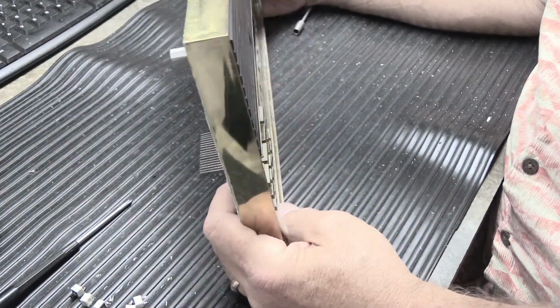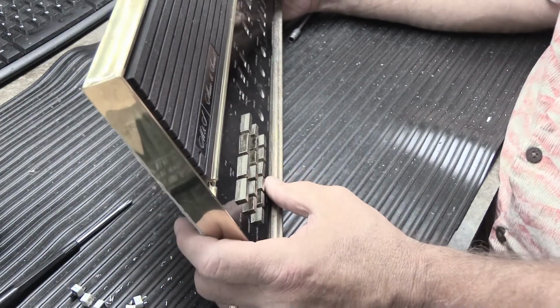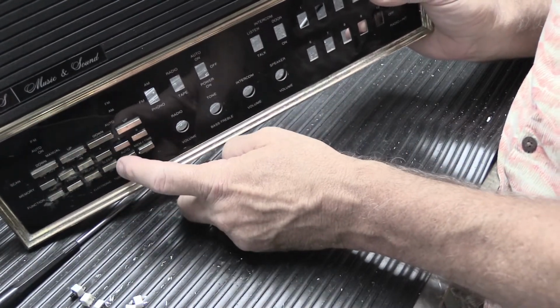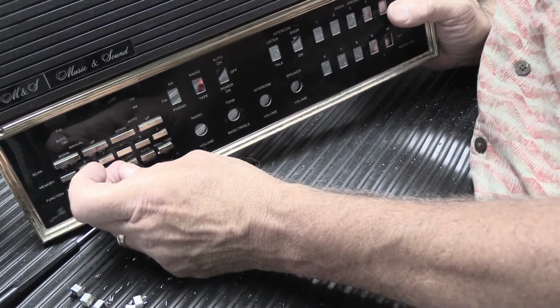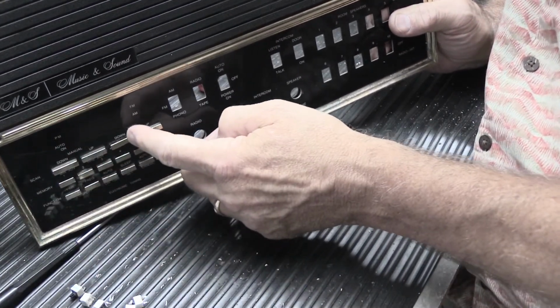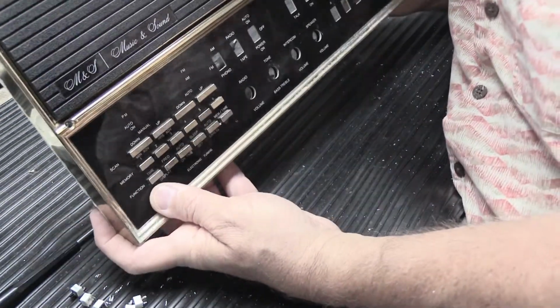They are mostly even. This one is down a little further than these five. This one down here is a little bit crookedy, but not bad. And these are all pretty much the same. But when you look at them, this is one of those kind of things